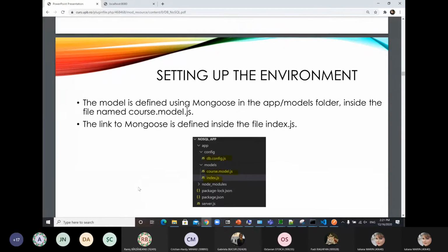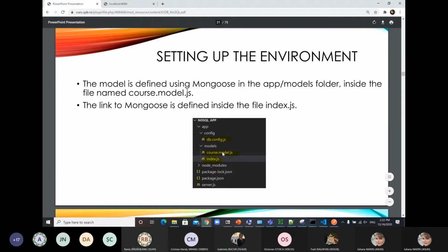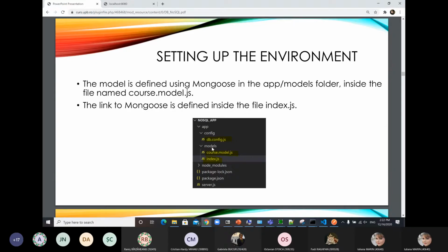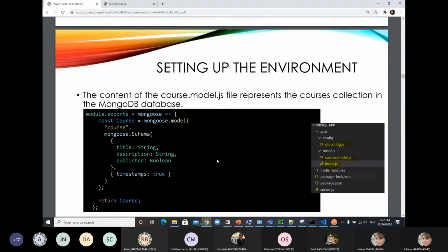Then you also want to have the model. Every course has a model associated. So every instance of your database has a model which is associated, and it will be managed by Mongoose. So in this case, you will have a new folder which is models, and you create an index file such that inside this